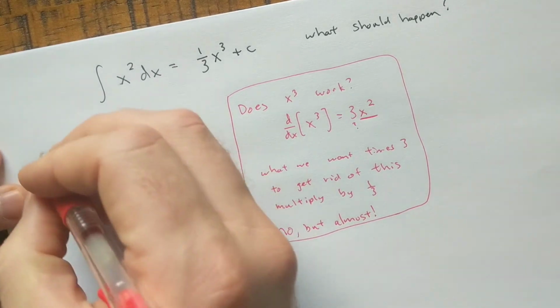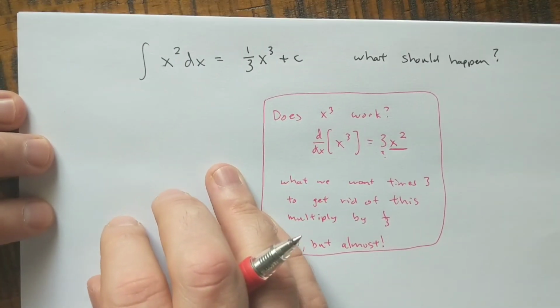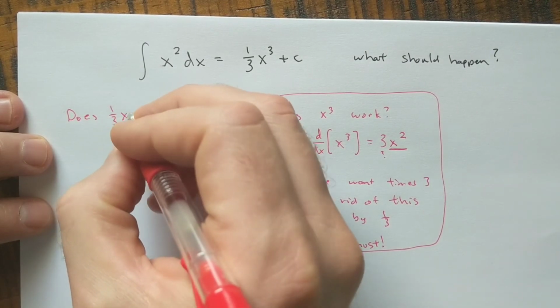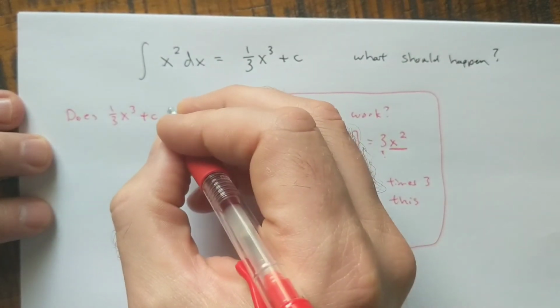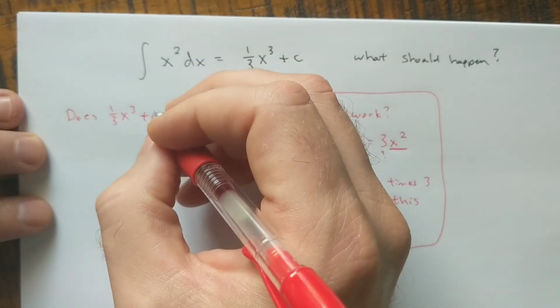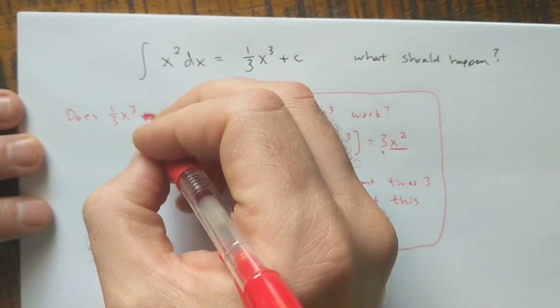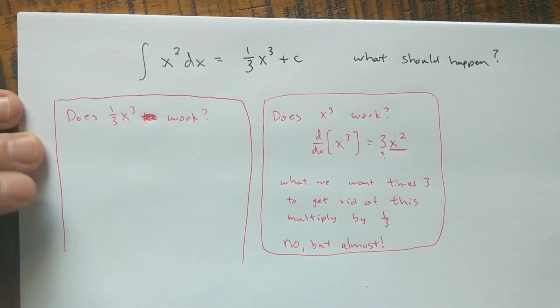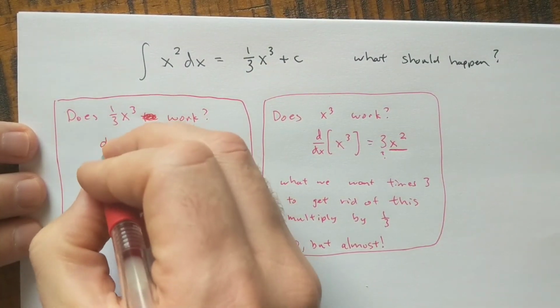So now let's check the other one. So does 1/3 x cubed plus c work? We'll drop the plus c since we did that on the first side. Okay, so let's check. So let's take the derivative